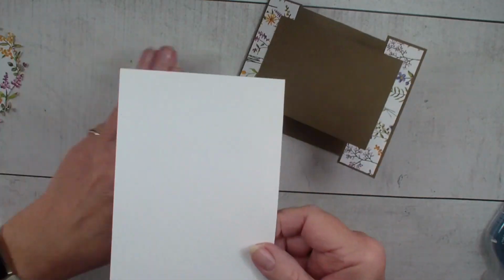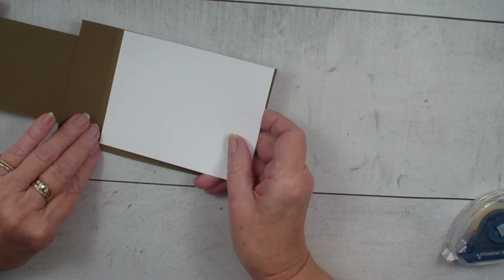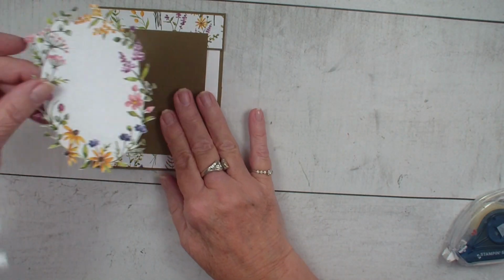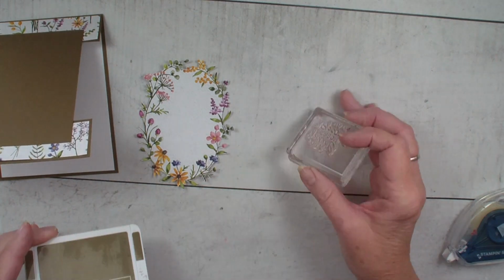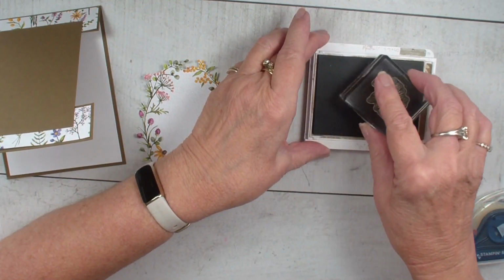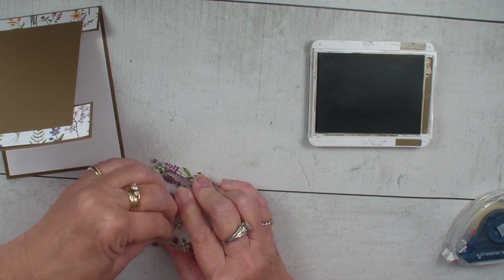Next, what we're going to do is take our 4 by 5 1/4 Basic White, put that on the inside like so. Going to bring that oval that I cut out, going to bring in a greeting. This is from that Frame Florets stamp set. We're going to use the soft suede, and we're going to stamp our sentiment right in the middle